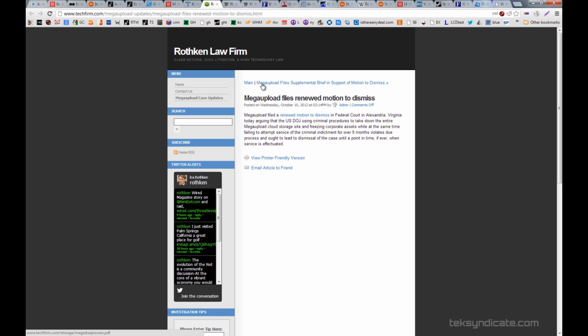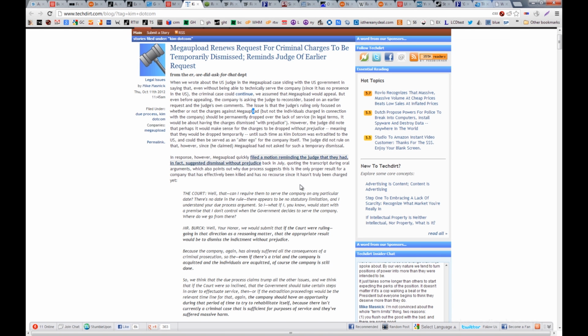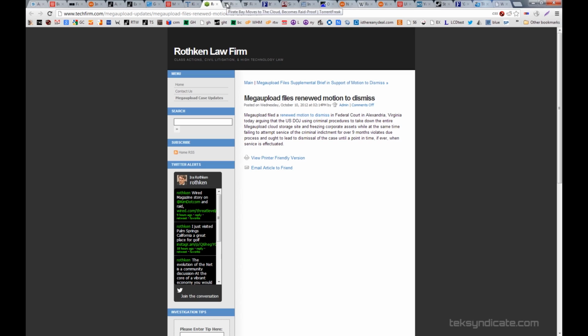Before they ever have a chance to respond. But then the judge says, well, no, you can file a temporary motion to dismiss until we get all our ducks in a row. But that's what they asked for months ago. Right. Well, they've refiled now. Yeah. And in New Zealand, things are going well in terms of the